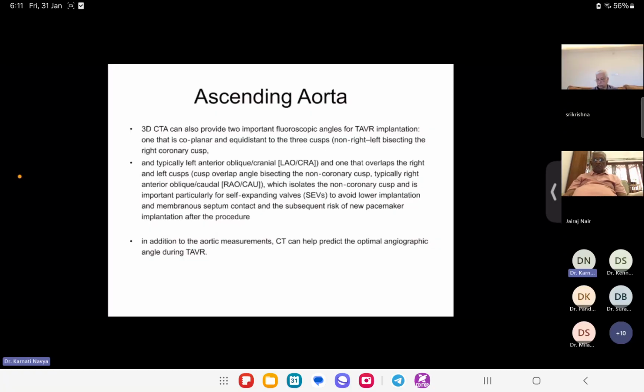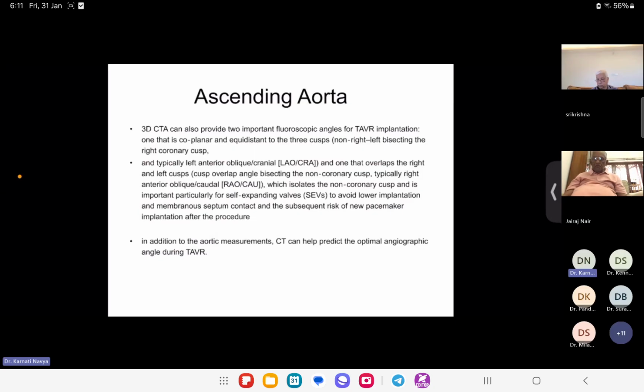One that is coplanar and equidistant to the three cusps, that is a right-left anterior oblique angle, in which the non-coronary and left cusps are bisecting the right coronary cusp. And one that overlaps the right and left cusp is the right anterior oblique angle, in which the cusps overlap